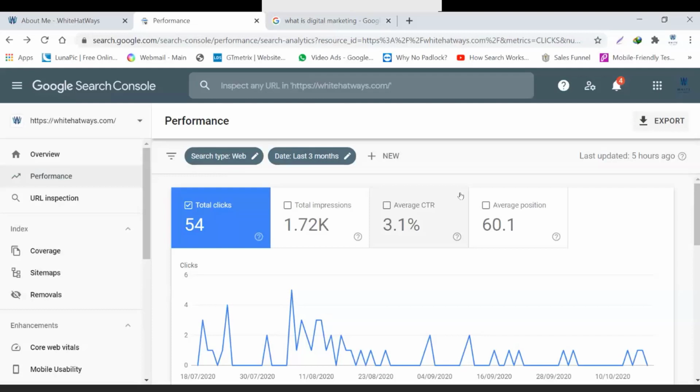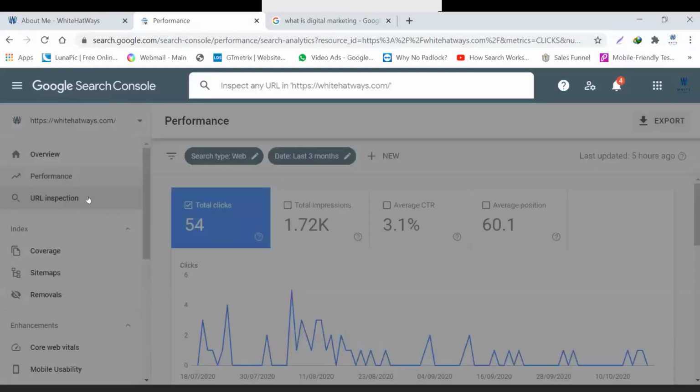So you need to get it indexed, and this is a way to get your blog, your page, your post, your article indexed. So what I am going to do over here is go to the URL inspection tool, and I just need to submit the URL pertaining to this particular blog of mine, which I have just recently created. I'll show you how that happens.